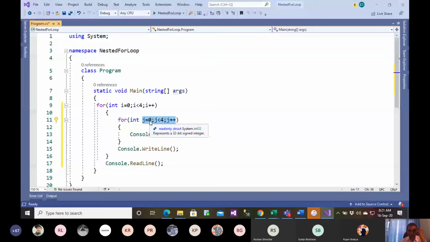1 is less than 4. This will happen here, so this will become 1, then 2, then 3. And finally this will go up. The new value of i is 1. 1 is less than 4. That's correct. So there is a post increment of i.